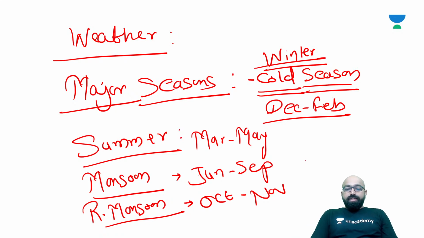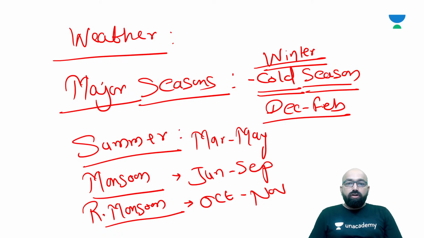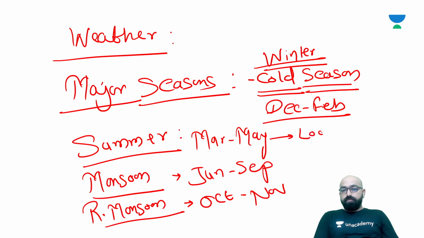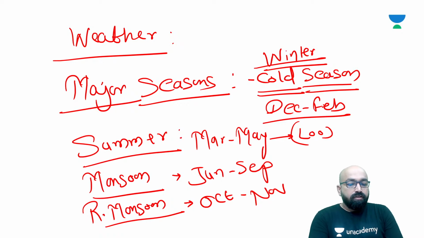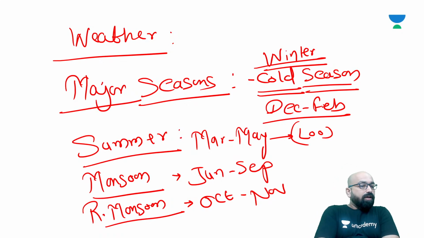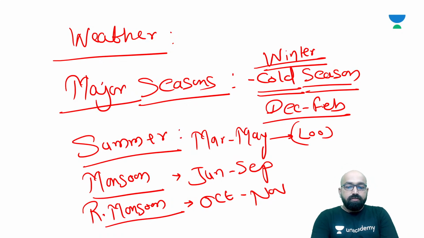Now after that, summer, that is the hot weather season. Friends, in the hot weather season, sun rays more or less directly fall in this region. So temperature becomes very high. Hot and dry winds called lu blow during the day in the hot weather season. Now, after that, we are talking about monsoon.